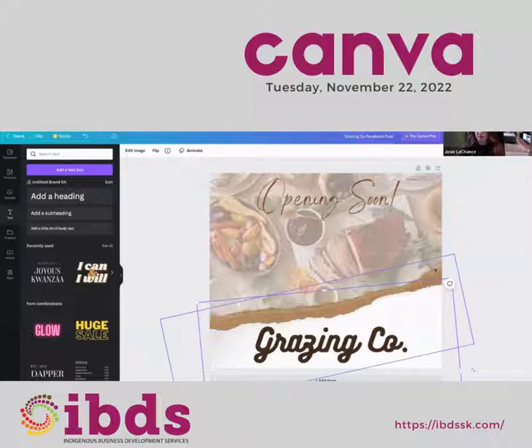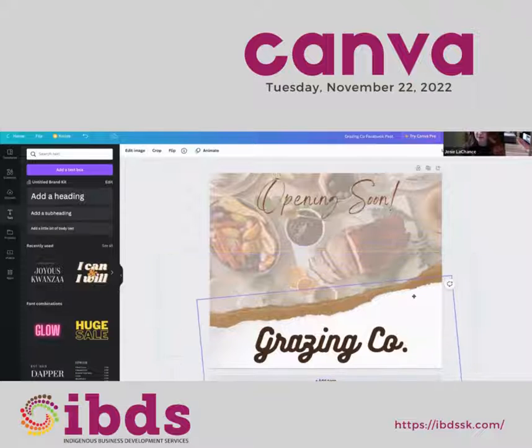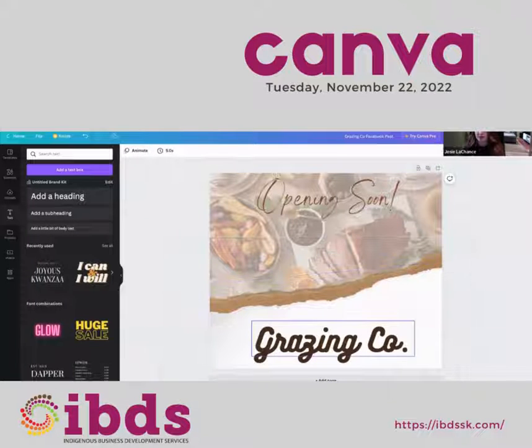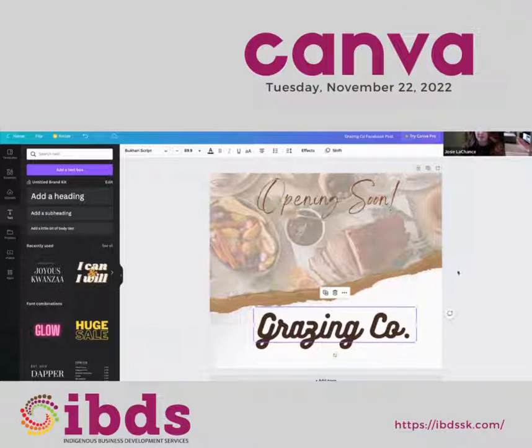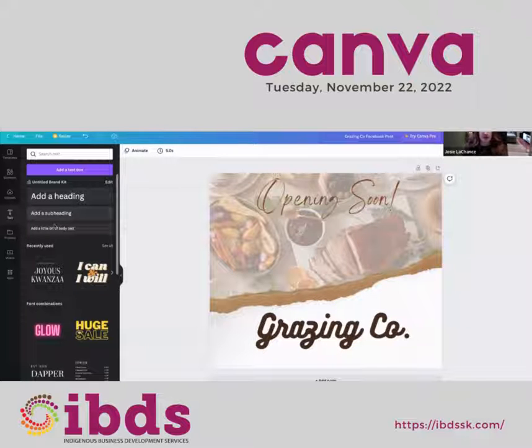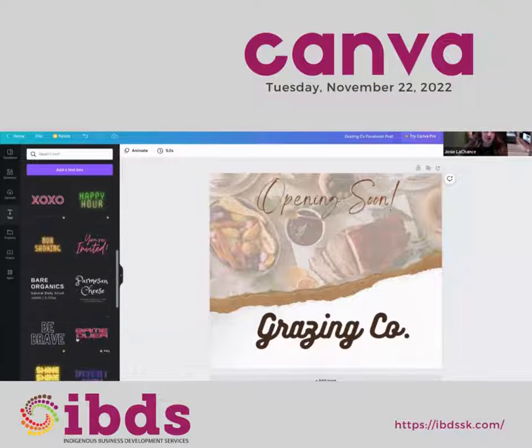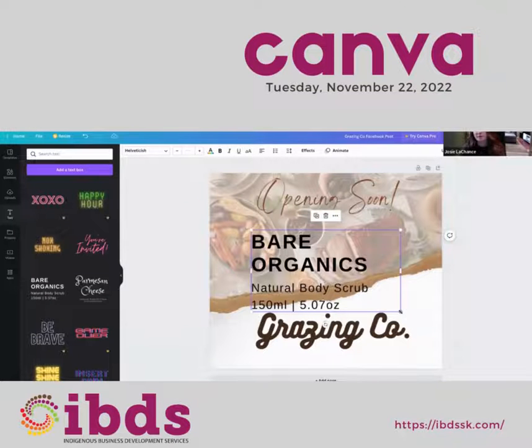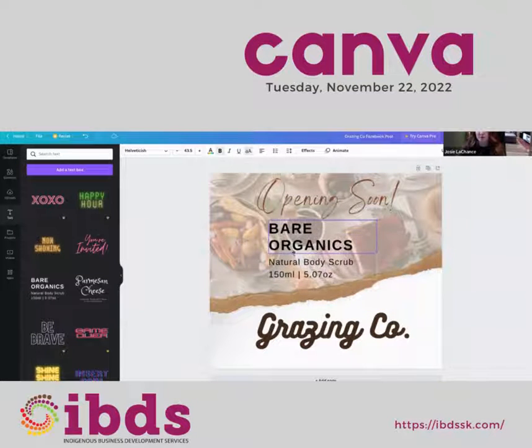I can do that. I'm going to group these back together so I can get these placed. And just for ease's sake, I'm going to add this one in over top. This is a text grouping that's already been put together with certain fonts.